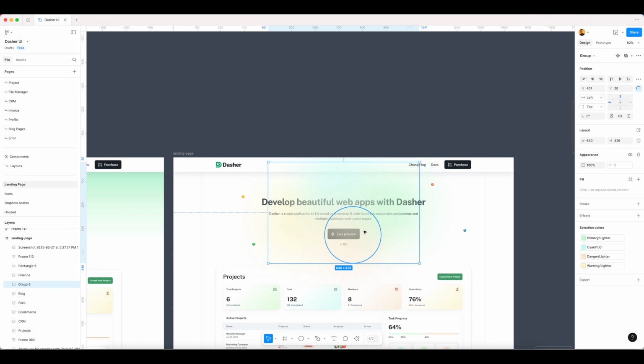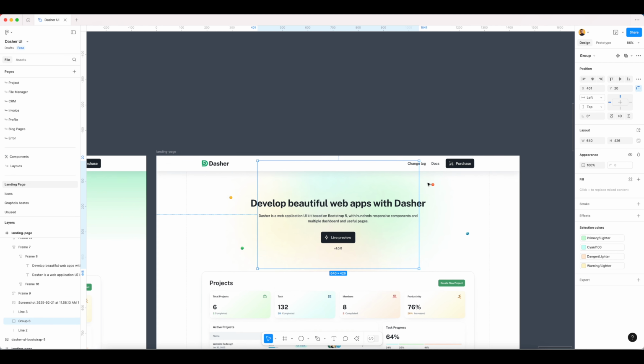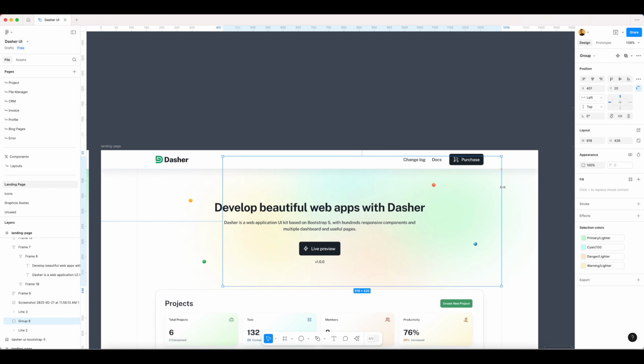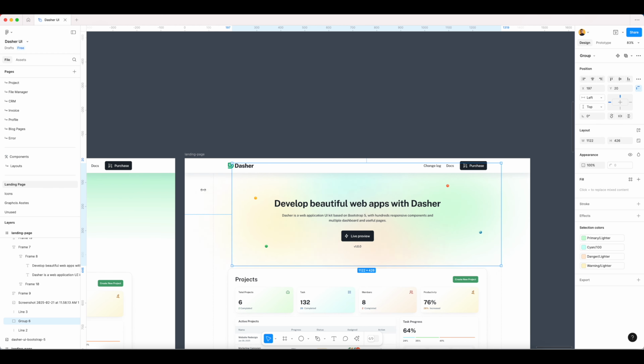selecting, and place this glow after the headings. See, now we are extending this to the entire hero section